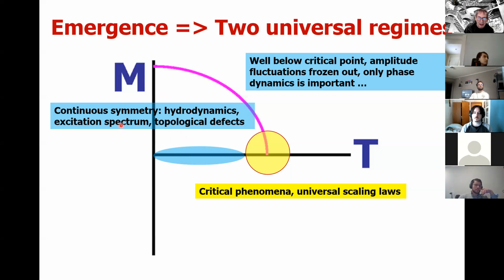We can make certain statements about the excitation spectrum. We can make some statements about the existence of topological defects and what their dynamics and characteristics will be, all based just on symmetry and universal statements, without really having to know very much in detail about what the materials are actually made of. So it's a kind of universality that mirrors what happens here,